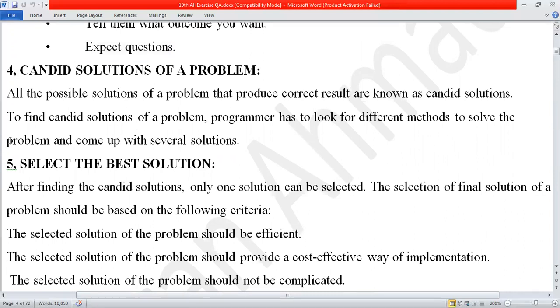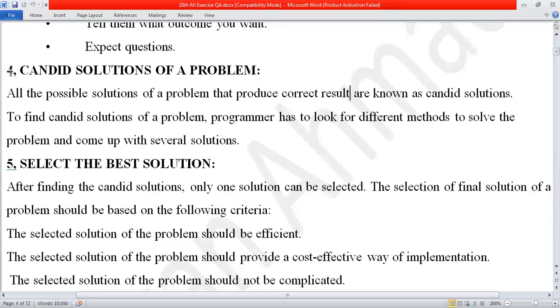Now you have decided in your mind, you are clear that I can do this question and answer, I will make this computerized system. So there are different methods to solve it. In your mind, let's say in the mathematics paper, there are different ways to solve a particular problem. Let's say the question is you want to do a matrix, how many methods are involved, linear method or whatever in the mathematics subject. So a single question can be solved with different solutions and come up with several solutions.